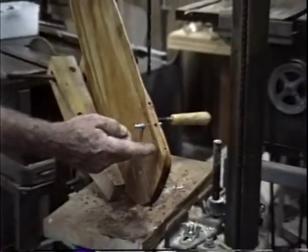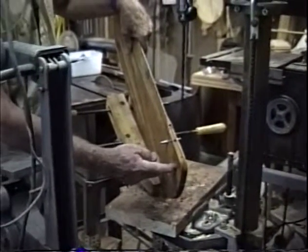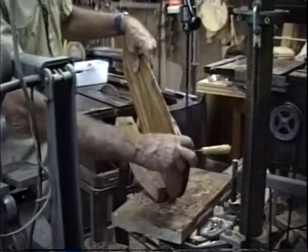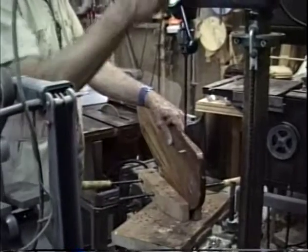I don't know why the factory doesn't run one little spline there, right to there, and that's all. So when I take mine after they break to repair,